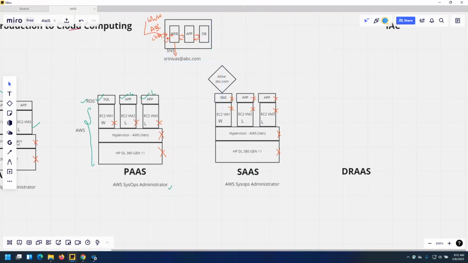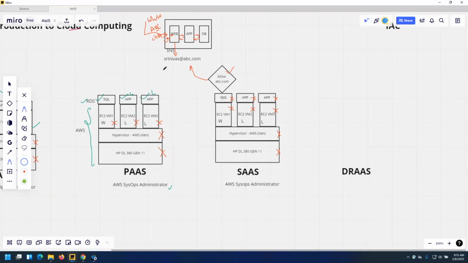I'll configure it so that it will allow the request to go to abc.com from AWS. Who will interact here via SNS? How this SNS is configured, I don't know. How this SNS is running, or maybe on the back end there are one or two or multiple servers, but how it is functioning, I don't know. Because I'm least bothered about all the existing stuff. I'm very much interested in how this is functioning, how I can use it for my business.